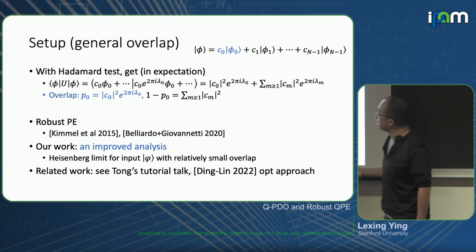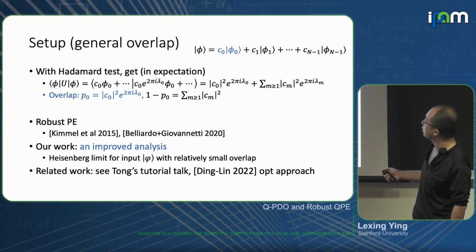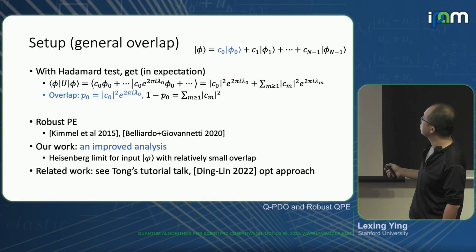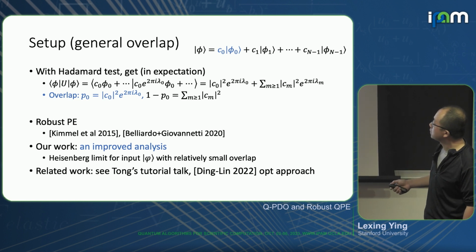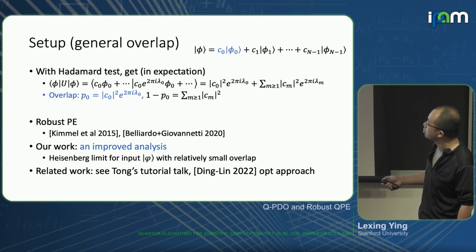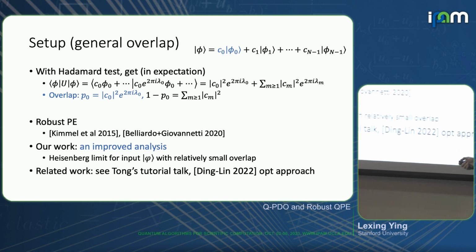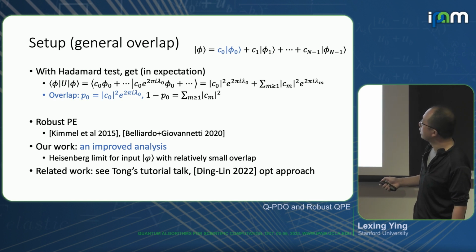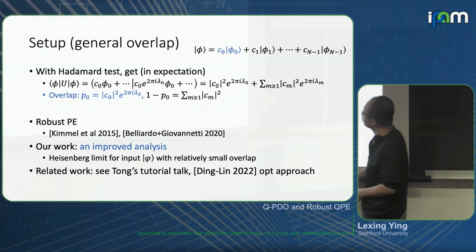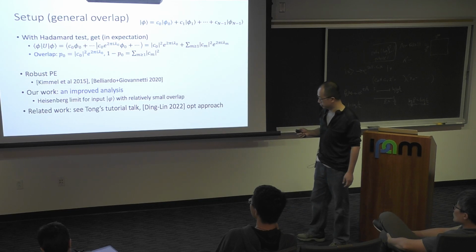Now, when you apply the Hadamard test, the expectation you get is this quantity. It is C0 squared times e to the 2 pi i lambda 0. This is the part which I care about. And the rest is something we call residual, which pollutes the system. Now, the terminology is that this overlap itself, P0, is the modulus square of C0 times e to the 2 pi i lambda 0. This is called overlap. In the ideal case, the overlap has modulus equal to 1. Otherwise, it does not, so I should put a modulus here. The rest of the energy is in this 1 minus P0.